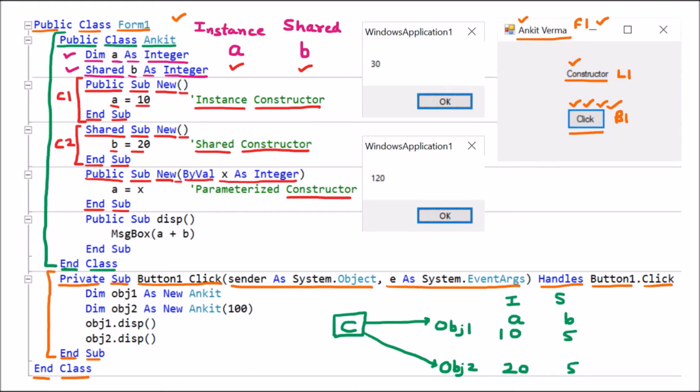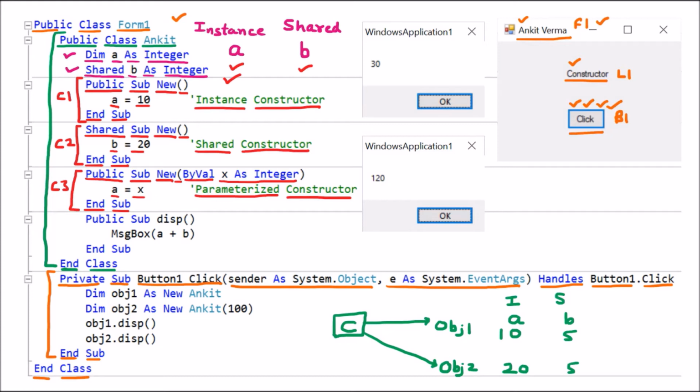So whenever we are passing a parameter, that is very simple, it is the parameterized constructor. This one is the parameterized constructor, and we can say that this is C3. This is the third constructor, and here we can see that a is equal to x. So it is accessing the instance variable. That means this is the instance constructor also.